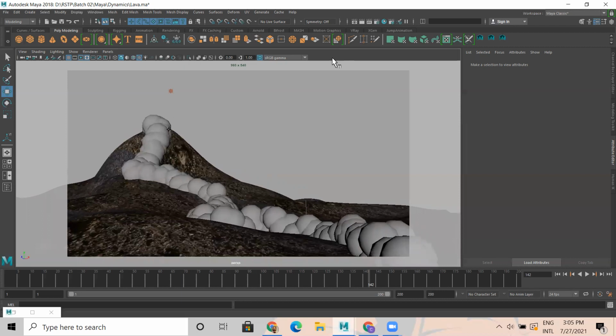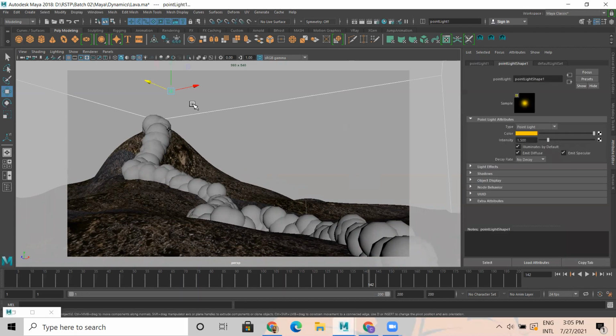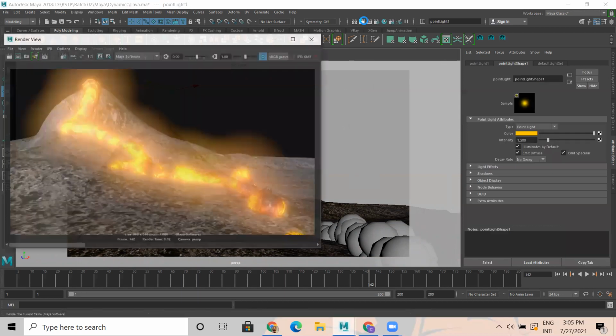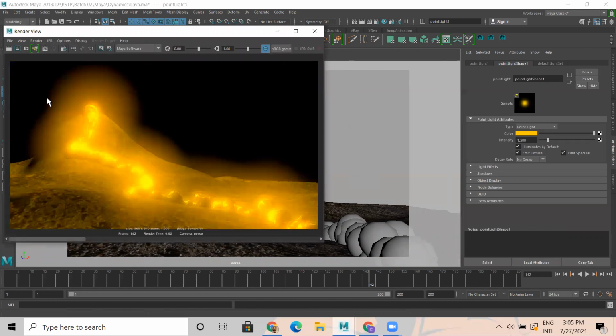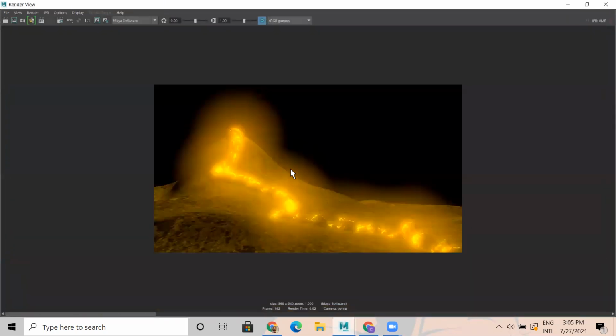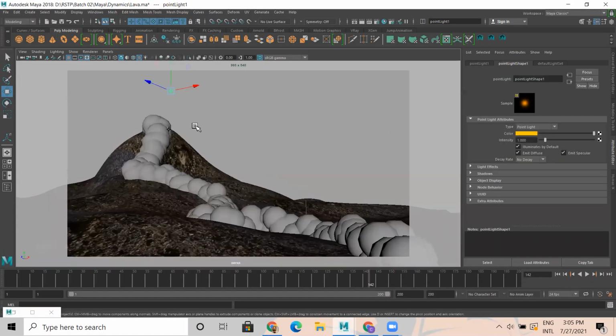Let's take a render. How does this look? I took a point light, take a render. So when I took point light, the lighting is more. Now reduce to 1. Let's take a render. It's something like this. Or you can place one light here, reduce the brightness, here one, reduce the brightness. Means you can play around with this.